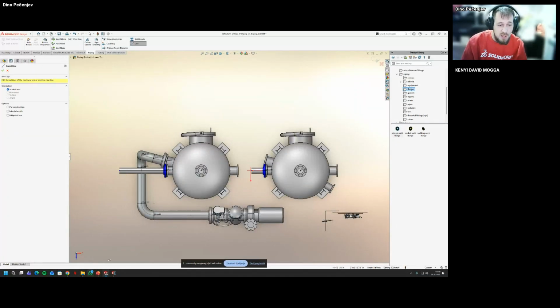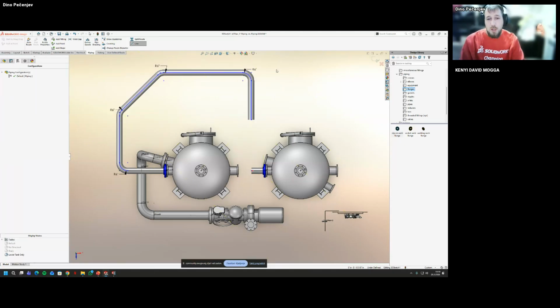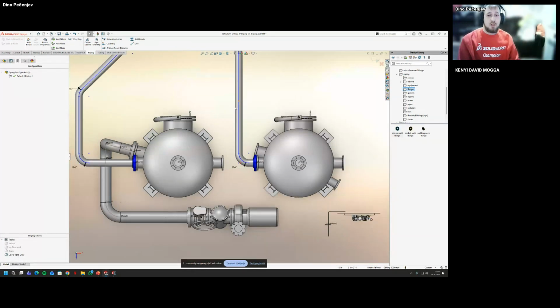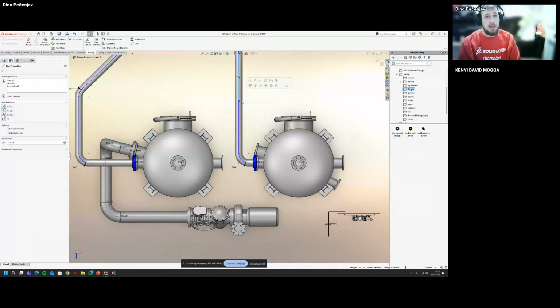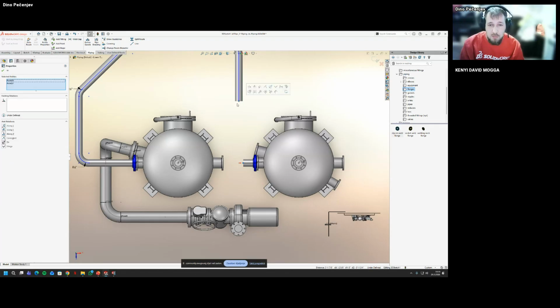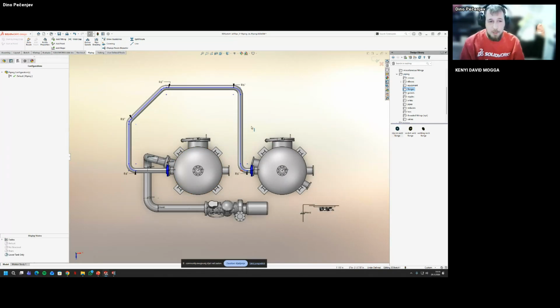So when we are now in the ZX direction, you can notice in the lower left corner, I'm just going to sketch the route. Before I finish, one important thing here, when ending the route, don't do this part, because if I connect it here, this is going to create actually two pipes here. So instead of doing this, use the option merge as a relation, and then you get one pipe here.